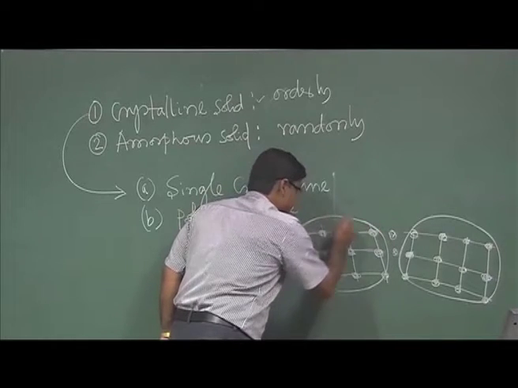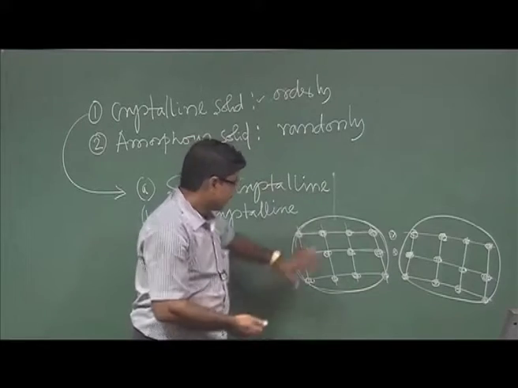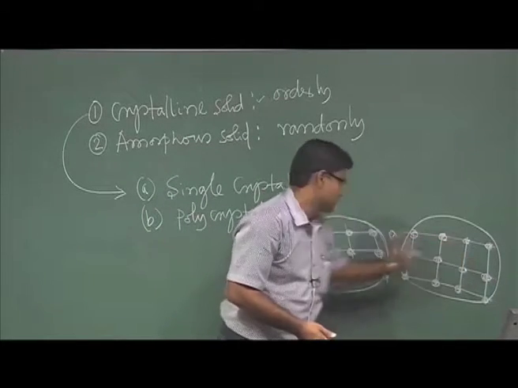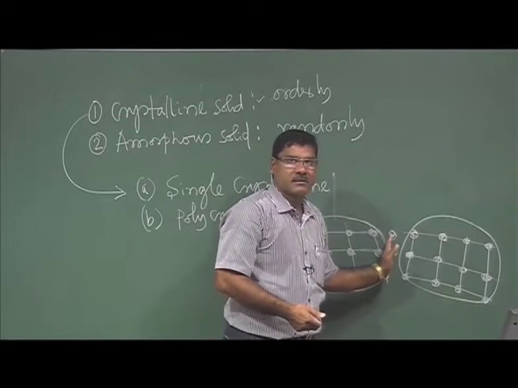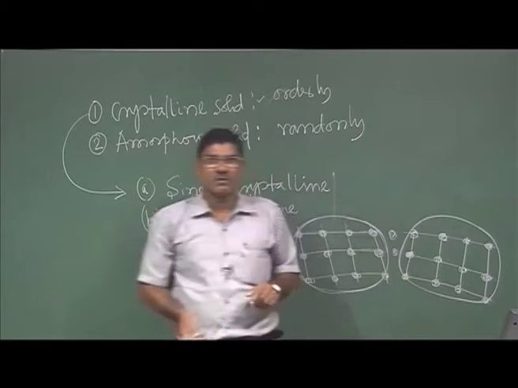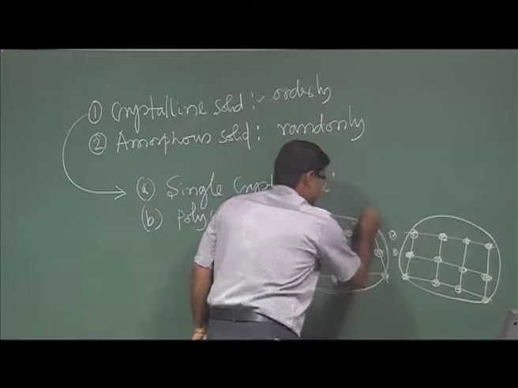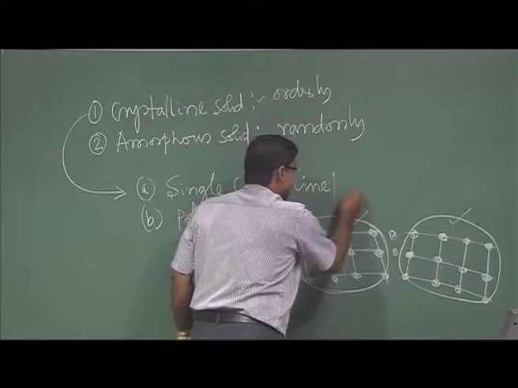In this region it is arranged the same way, in this region also the same way, but there is a change of orientation at this boundary. So this region is basically called a grain